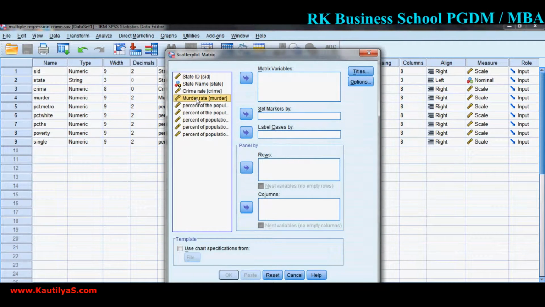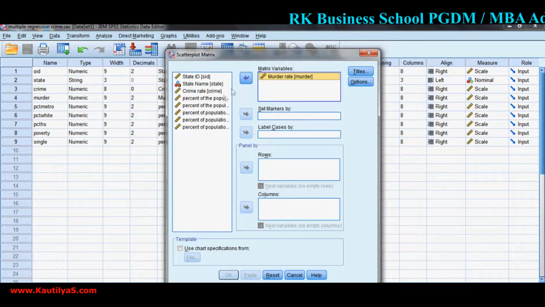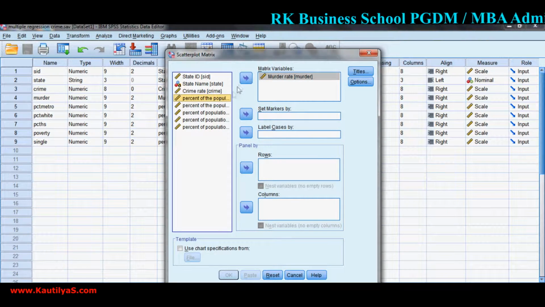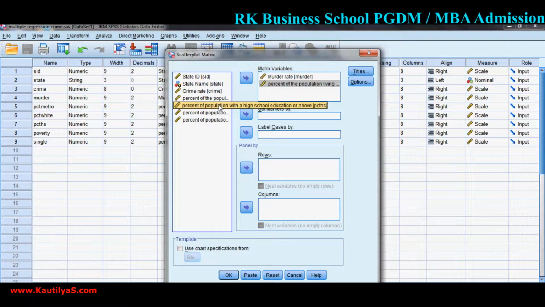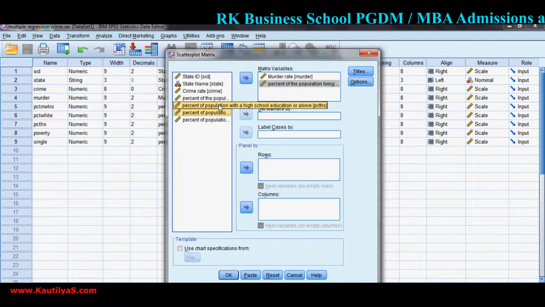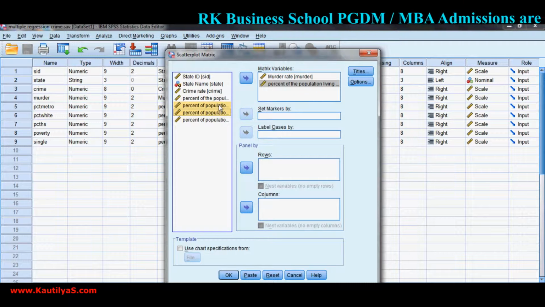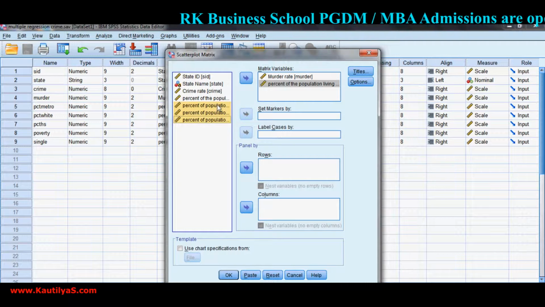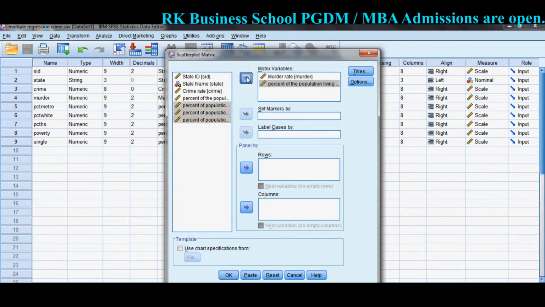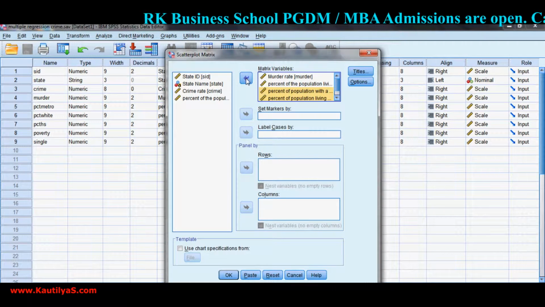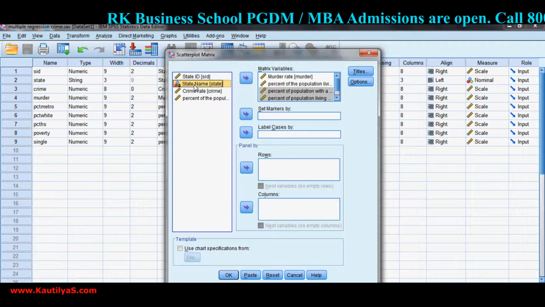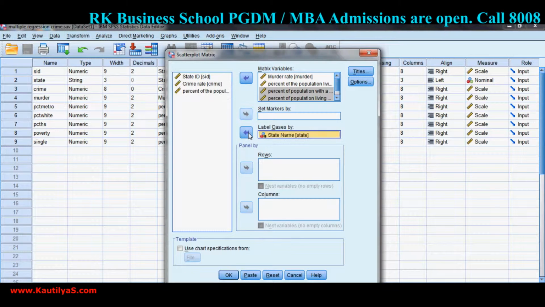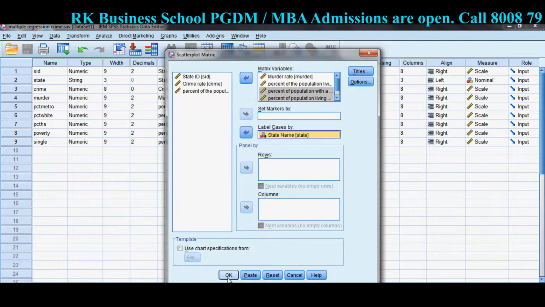Select our variables: murder rate, then population, education standard, then poverty line, and single parent. I selected all the variables, and state name as my label case, and click OK.